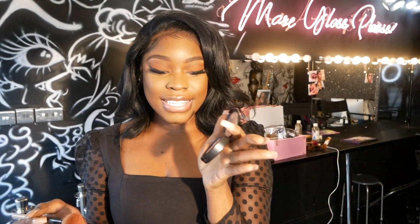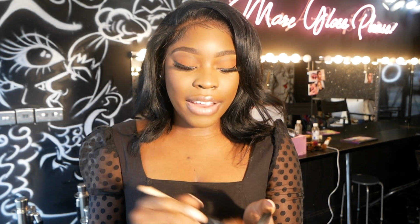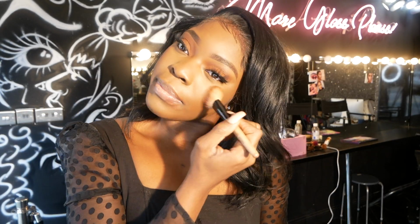Today I'm gonna use Pinch Me. I love Pinch Me. Another MAC product. This is the Pinch Me blusher, and I'm usually just using it on the apples of my cheeks. I'm not going too ham,